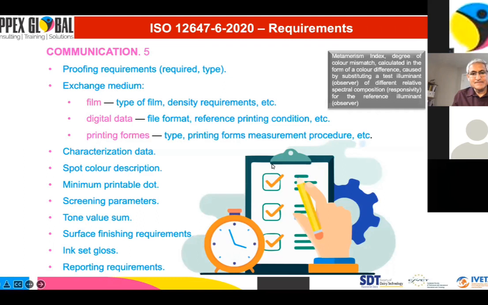Okay, now please repeat the last sentence. Yeah, okay. And so here are the requirements that we need to be able